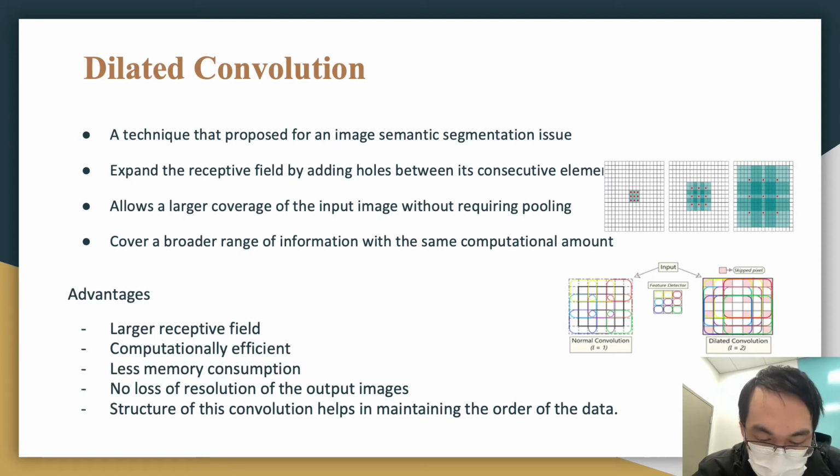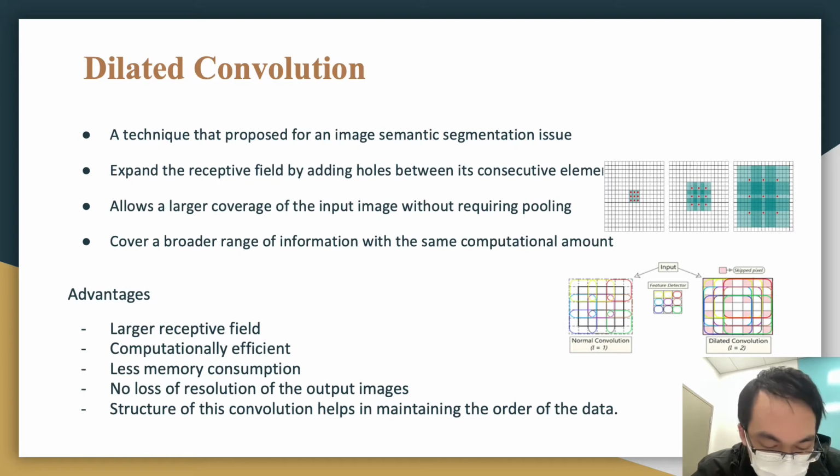Convolution based on dilated pixels allows a larger coverage of the input image without requiring pooling. Each convolution operation is intended to cover more information with each output. These methods cover a broader range of information with the same computational amount. Dilated convolution has the following advantages. Dilated convolution has a larger receptive field under the same number of parameters, so it is